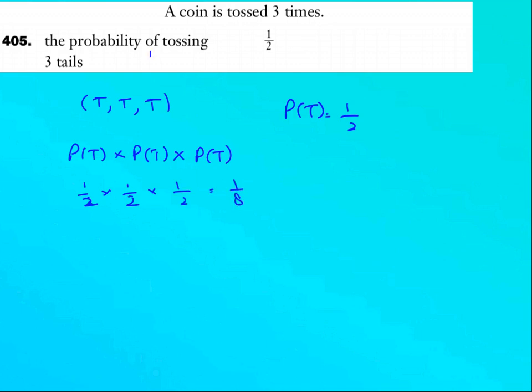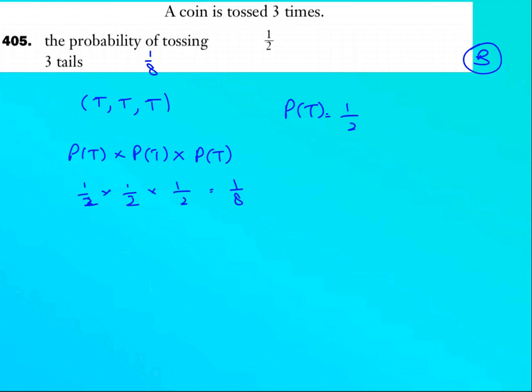So we're comparing 1 by 8 to half. Now it's the same numerator, but the denominator is greater here. When the denominator is greater for the same numerator, the fraction value is less. So in this case, the greater fraction or the larger fraction is half. That's quantity B greater than quantity A.